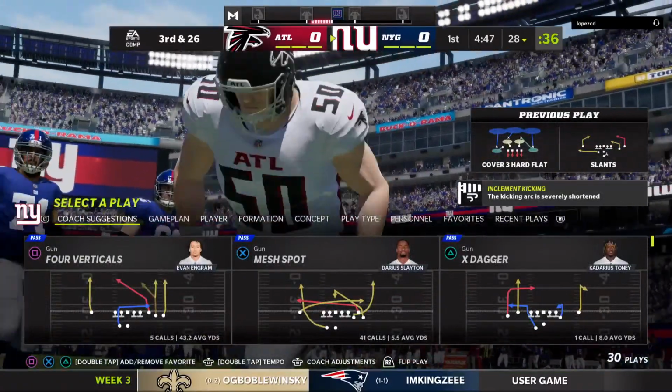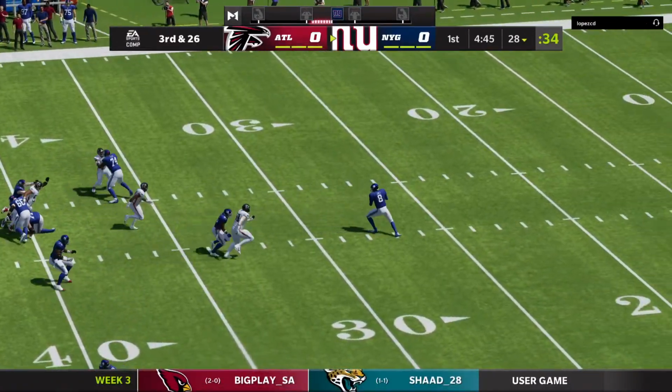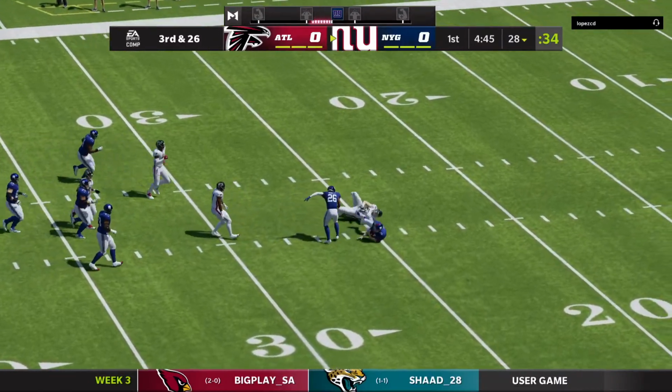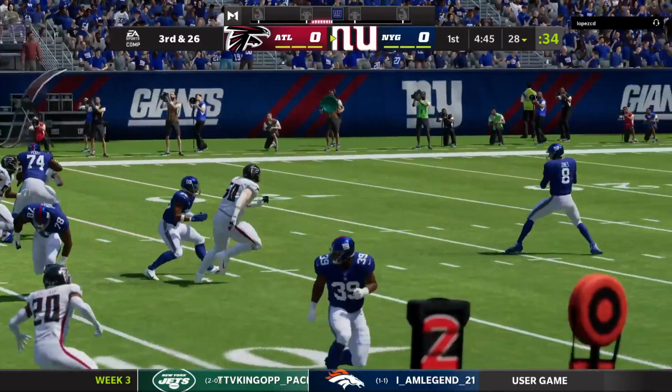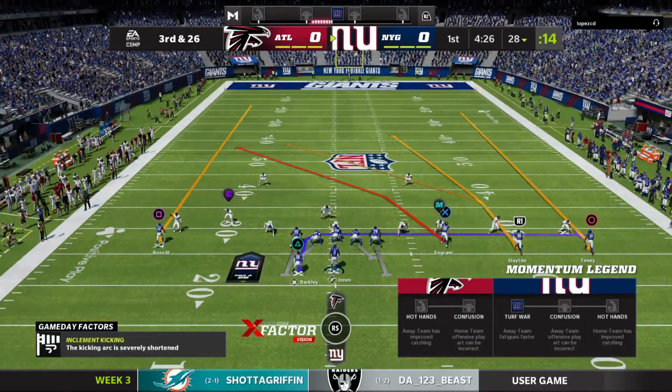Entering play call. Coach suggestions. There are 9 categories. You have 30 options. Four verticals is selected. After that sack, 3rd and long, tough. Jones in the...